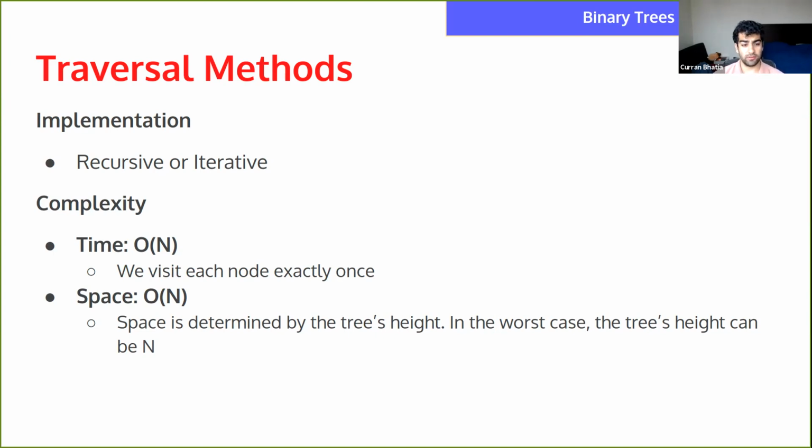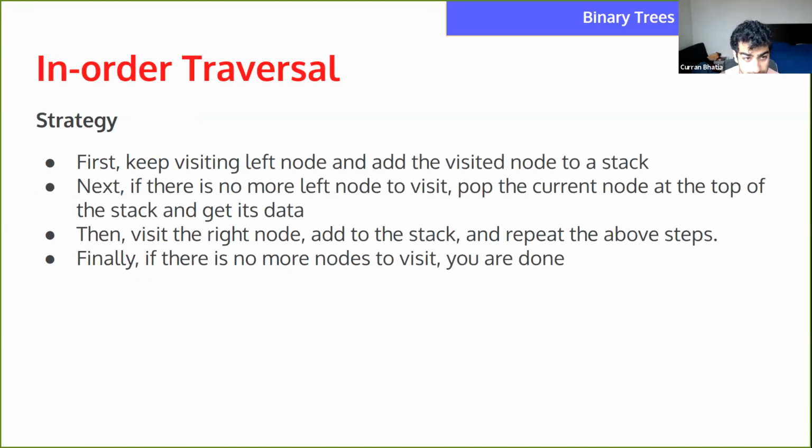So in terms of these traversal methods, you can write them recursively or iteratively. Usually when they say iteratively, that just means you can make a for loop or a while loop around it. And for complexity, the time is O of n. It's just one after another. And space complexity is also O of n. So you can keep it in something like an array, for example. So yeah, just a little more about strategy.